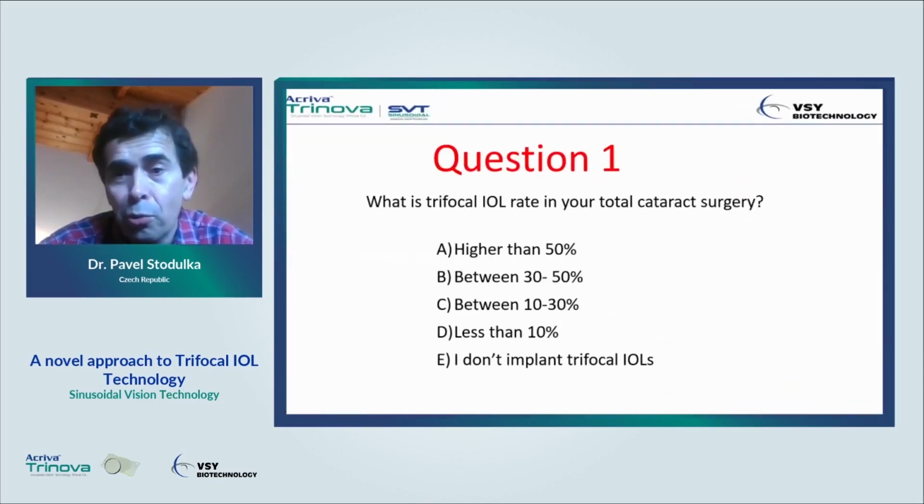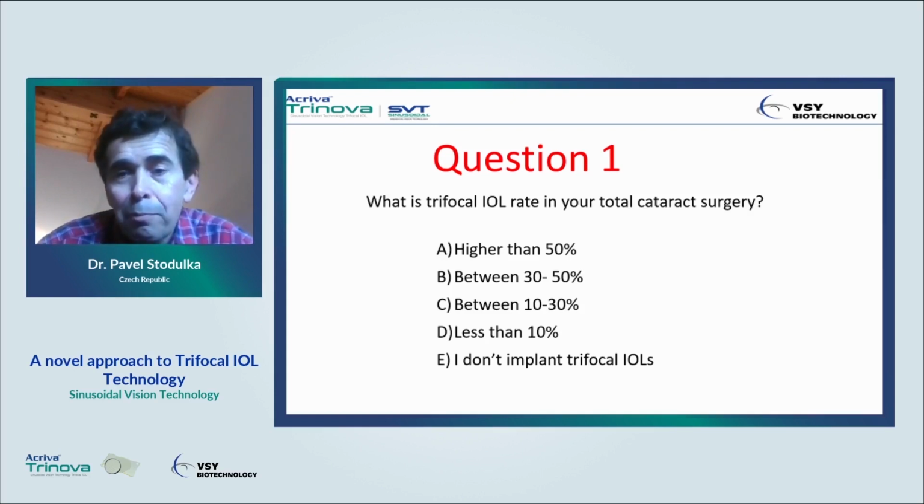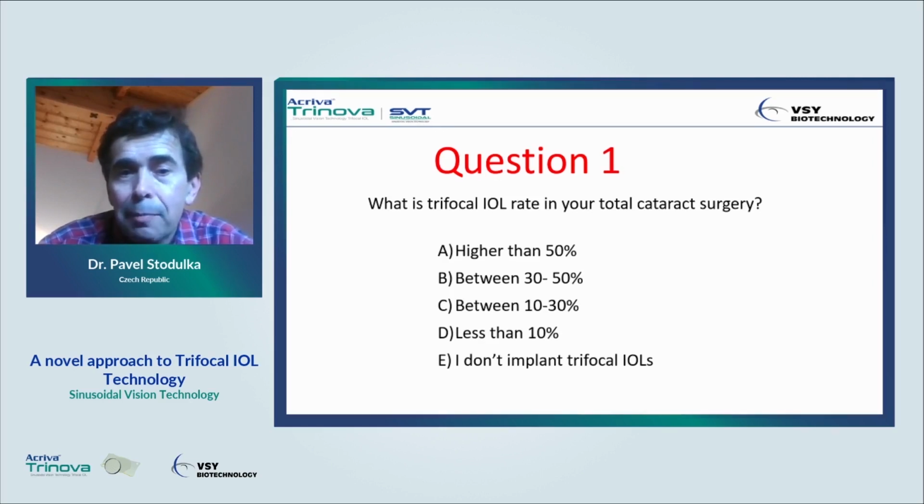So we have a few questions for you at the beginning, so then we know where we are and what your daily routine is in general. So question number one is, what is the trifocal IOL rate in your cataract surgery? So please just pick your answer. It's A, higher than 50%, B, between 30 to 50, C, between 10 to 30, D, less than 10, and E, I don't implant trifocal IOLs at all. So we need about 30 seconds to collect all your answers and process them. So please do hit the button as soon as you want, and we will then